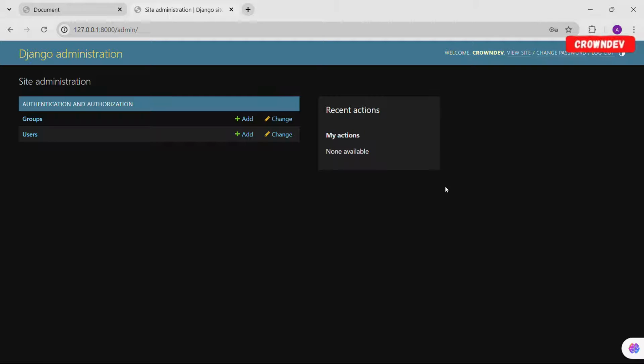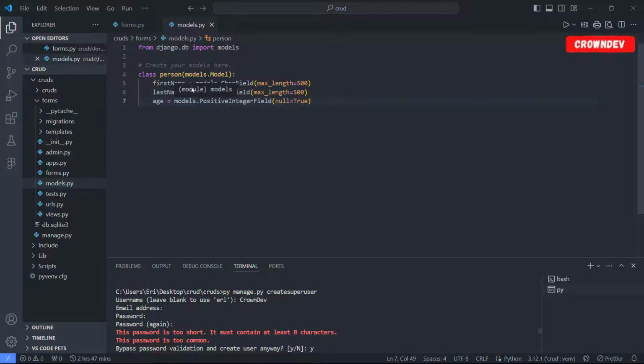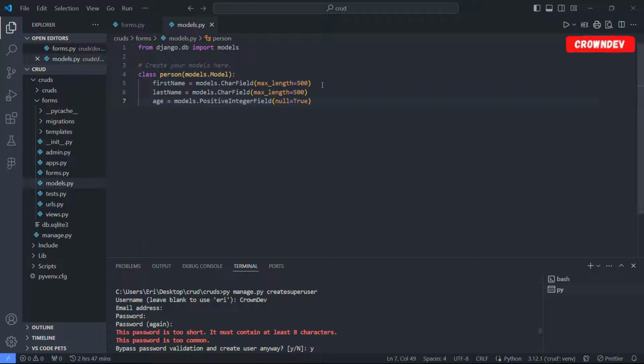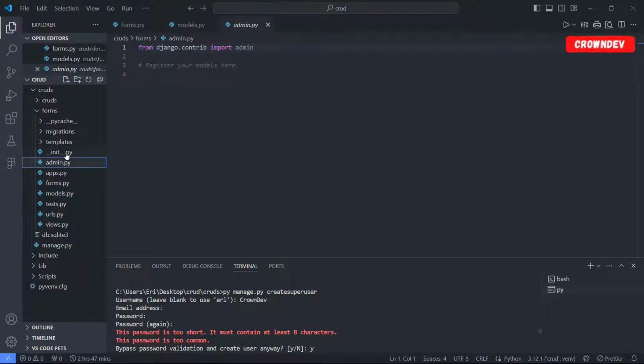So now we've created a model called person, but we're not seeing it in our interface here because we need to register this model in our admin. So we'll navigate to our admin under where we created the model. You can see it here. So we'll now say